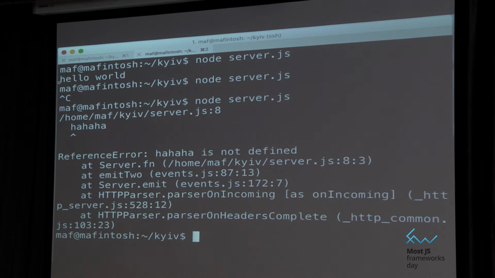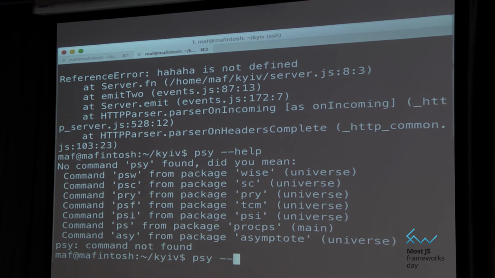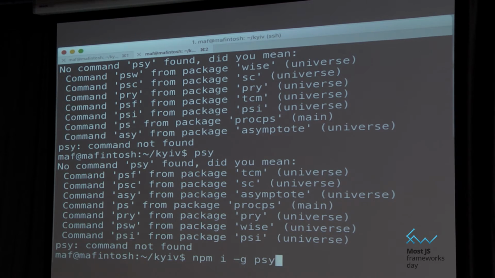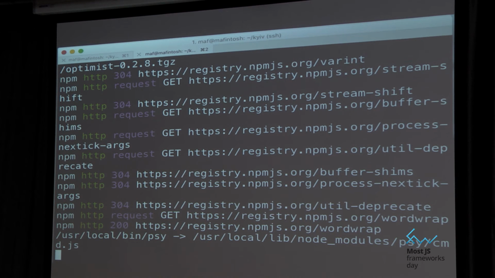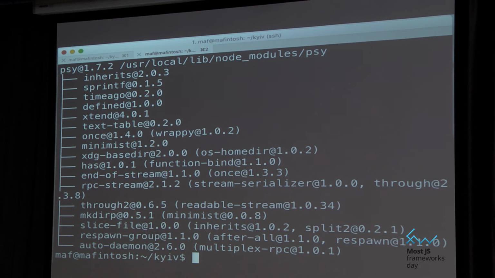So what we can do is use this cool PSY module. They should name it something that's easier to pronounce. Oh, I guess I forgot to install it. We can just install it. Maybe this will take half an hour. Oh, that's pretty fast, actually. I'm using some old version of NPM that for some reason requires you to wait like 10 seconds after you install things. I don't know what it's doing. Maybe it's mining some bitcoins or something. Probably be a pretty good business model. There you go. And then it prints out some warnings.